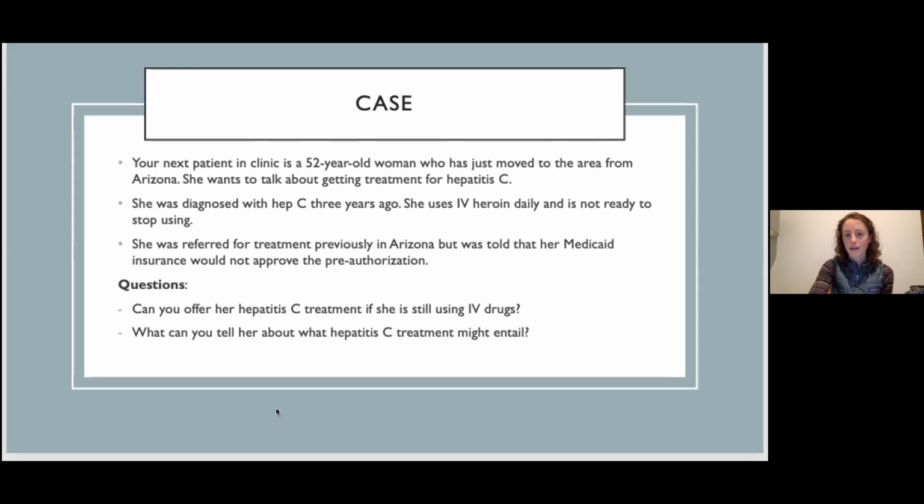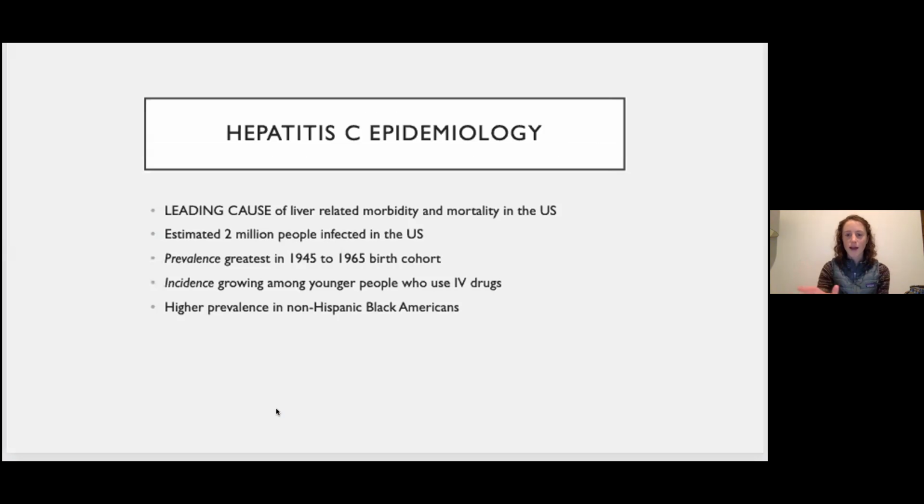Okay. So I'm first going to address some of hepatitis C epidemiology. It's likely the hepatitis you have heard the most about, for good reason, as it is the leading cause of liver-related morbidity and mortality in the United States. It's estimated that 2 million people are affected in the US. The prevalence is still greatest in people born between 1945 and 1965, but the incidence is growing among younger people